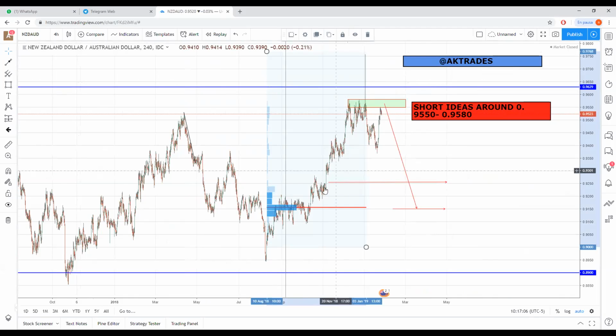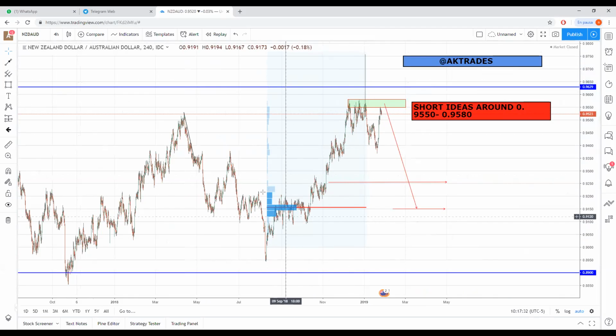We can see that in all this up move, there was not much volume in the pair. That gives you an indication that people are not quite interested in all of this range. So if we see some rejections around the area, price could rapidly fall down again to the beginning of